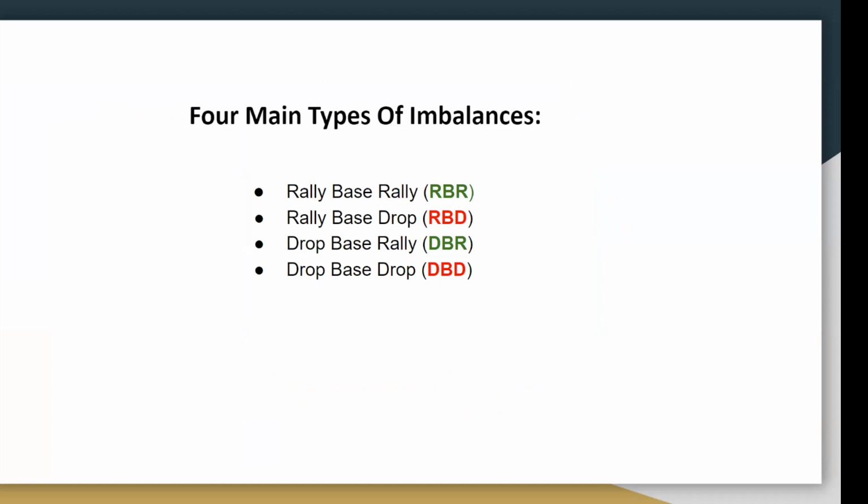There is a rally base drop, which is thus creating a supply area. Then there is a drop base rally, which is thus creating a demand area. Then there is a drop base drop, which is creating a supply area. There's pretty much these 4 ways is how the market can actually move. And if you're able to identify this, you can capitalize on it, right? So